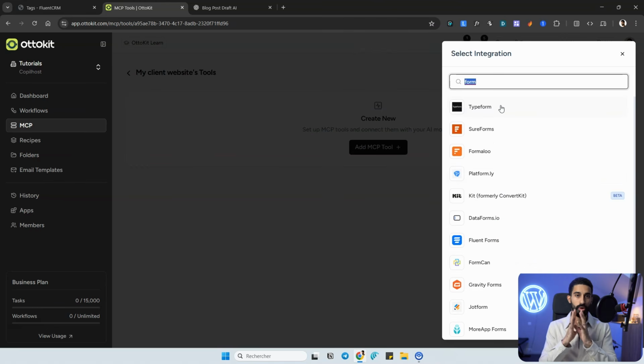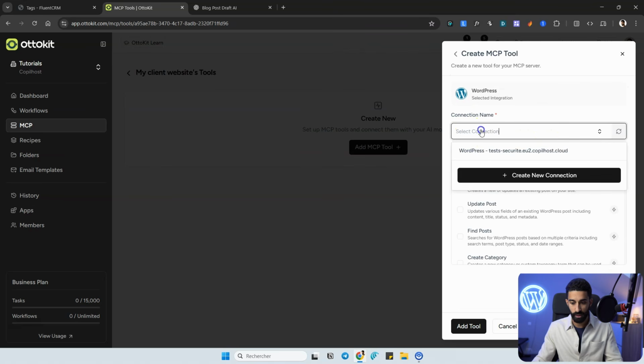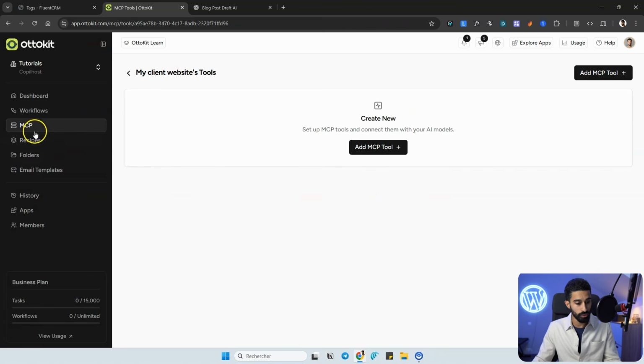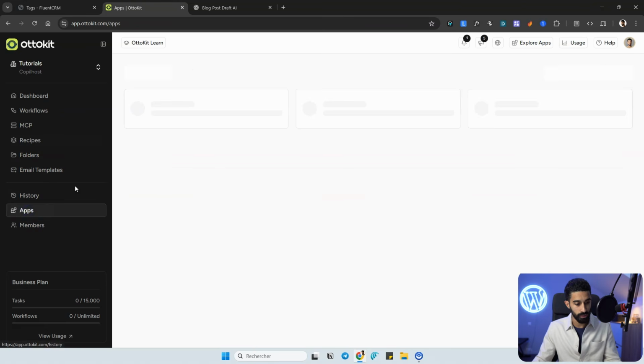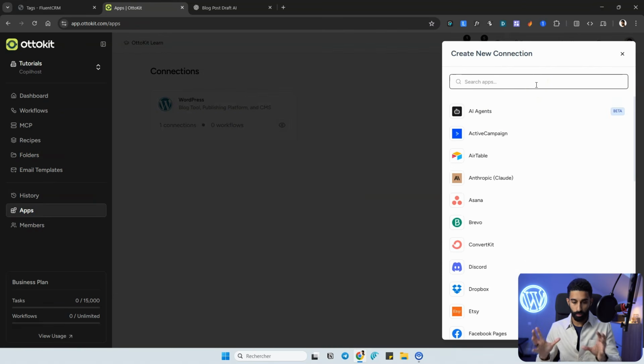Of course, we need to connect our website to the platform AutoKit, and it's not done yet. So you need to connect your WordPress website through the official AutoKit plugin. So if I make a search for WordPress to add WordPress capabilities to my MCP server, I need to connect my WordPress website from here. Mine is already connected, it's just here. If it's not connected yet, you will be able to make a new connection from here, or you can also go to Apps here and create a new connection from here. You click on Create New, and you can plug all the connections you need to the platform from this place,